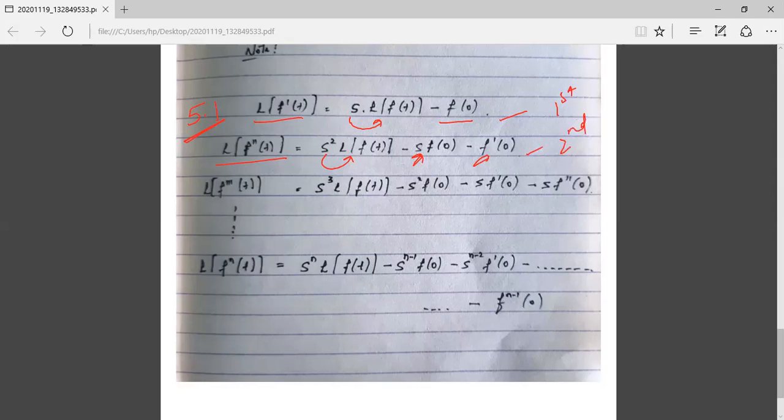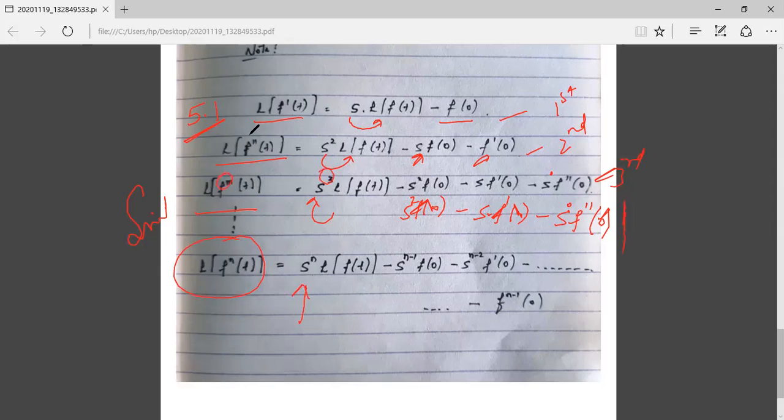And similarly, we have the Laplace transformation of f triple dash of t. It is s cube times the Laplace transformation of f of t minus s square f of 0 minus s f dash of 0 minus s to the power 0 times f double dash of 0. So this is the third derivative. Similarly, our nth derivative, the Laplace transformation of f to the power n of t, is equal to s to the power n